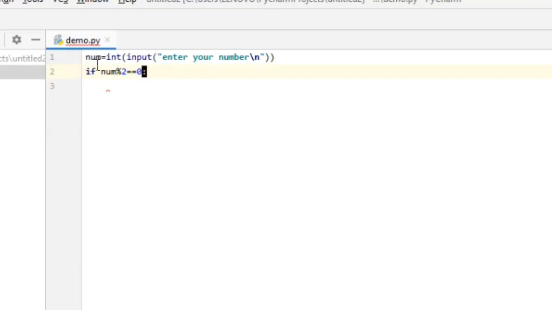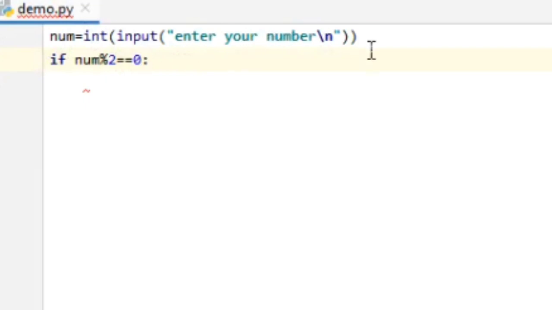First we have to take input from the user. So we use the input function to take the input from the user, and we have to write the if condition of the even number. The condition for an even number is that if any number is divisible by 2, then it is called an even number. So we have to write that condition using an if loop. This is called the modulus operator. When we use the modulus operator, it will give us the output as the remainder. Whenever a number is divided by 2, it will give its remainder. If the remainder is equal to 0, then it is divisible by 2.